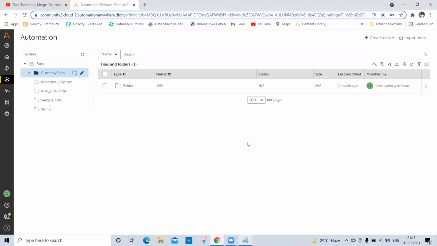Today we will learn about the Excel Advanced command. For that, let me create one Excel file and then I'll explain how we can use the Excel command in our daily process, like whatever process we are going to automate. If there is an Excel operation which we have to do, in that case we have to use the Excel Advanced command, which is available in Automation Anywhere. I'll tell you how we can use each of those commands in our Excel file. So for that, let me create one Excel file.